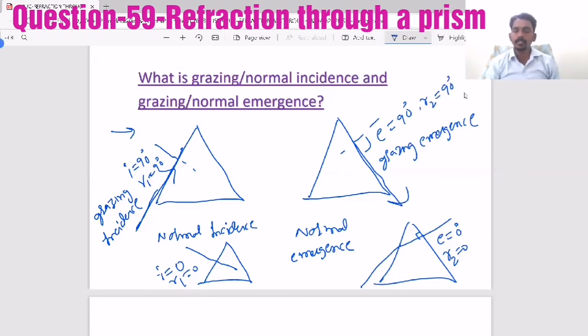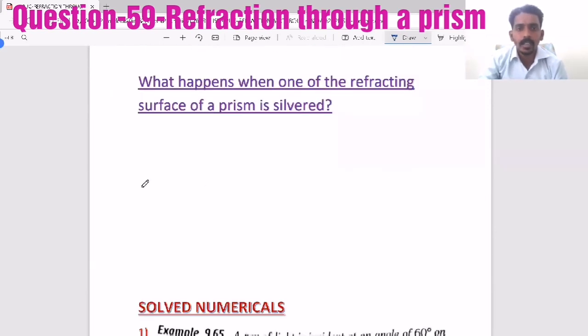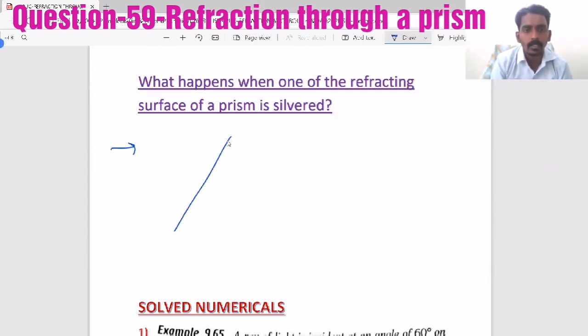So based on this, when a question is given and they mention grazing or normal incidence or emergence, then you have to take the values of E, R1 or R2 according to the given information. They will not specify what will happen. So then only you can solve the question using this data. This is also important. Now one last and final thing you have to understand here is sometimes they will ask